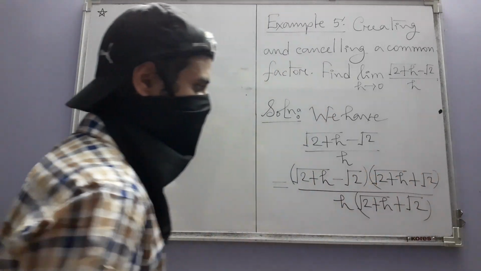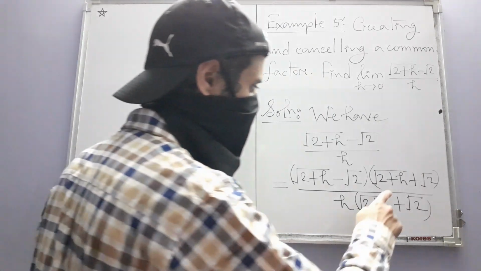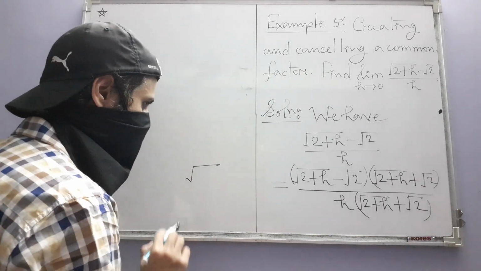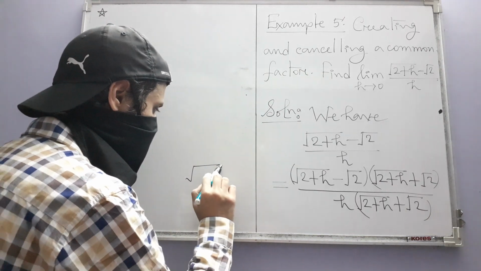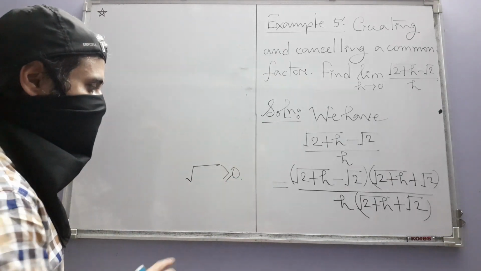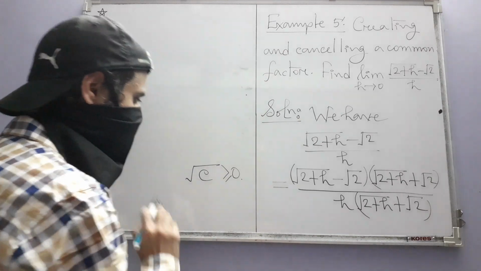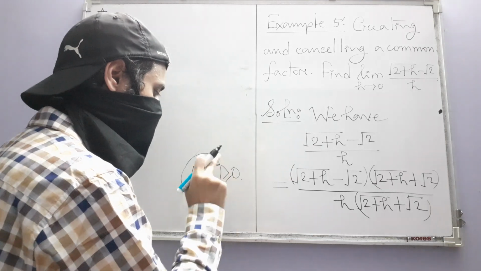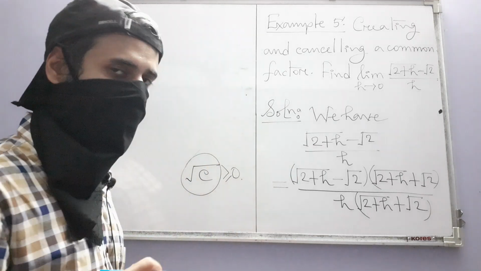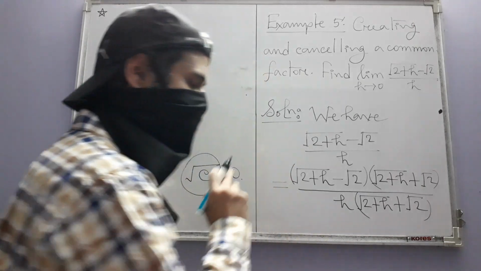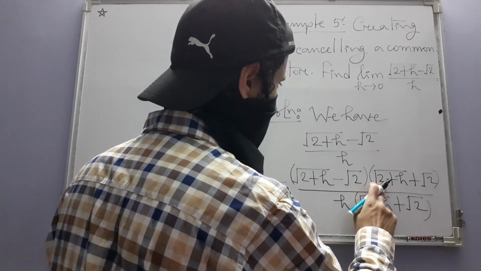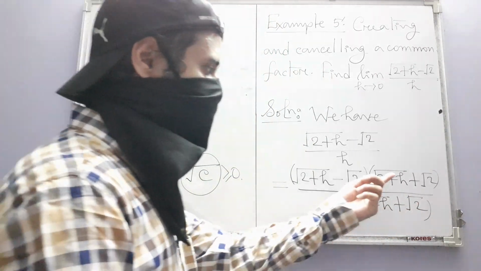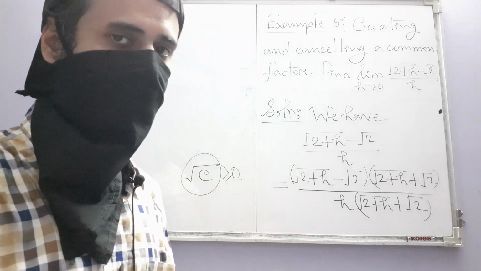Can this be 0? No, it cannot be, because the moment you use this now, it means that this is always greater than or equal to 0, and this real number is always greater than or equal to 0 and will be equal to 0 only when c is equal to 0. Otherwise it is positive. Now you may of course say, okay, for h equal to minus 2 it does become 0. Fine,